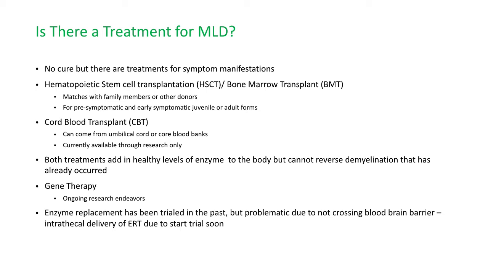Children with late infantile MLD are typically not a good candidate for transplantation. Cord blood transplantation can come from umbilical cord or cord blood banks. Both treatments add in healthy levels of enzyme to the body but cannot reverse the demyelination or damage that has already occurred. Gene therapy is ongoing,